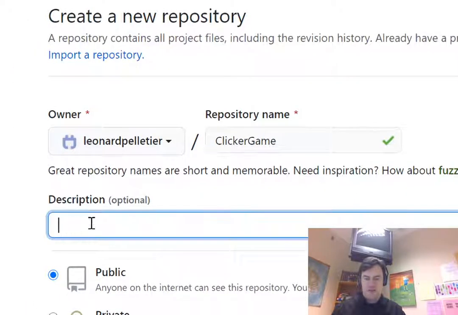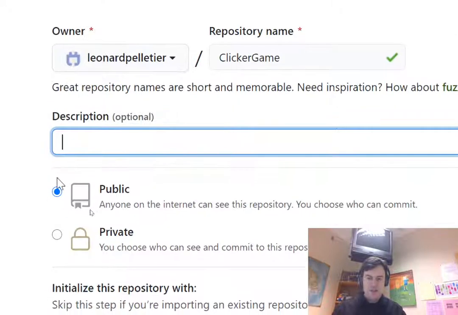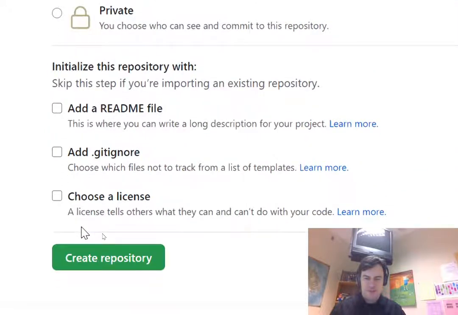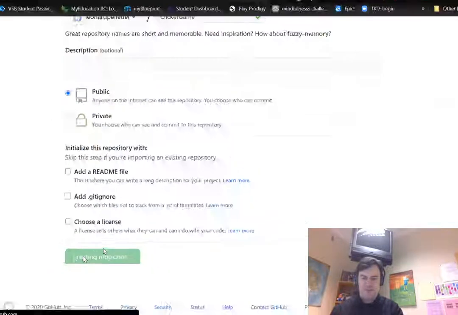You could describe it if you want to. That's just optional, for your purposes for organization. Do make sure it's public. That's the default. So if you're just following along with the default settings, you'll be fine. You could basically skip all this stuff as well, and then we can create the repository. So I'll click Create Repository,